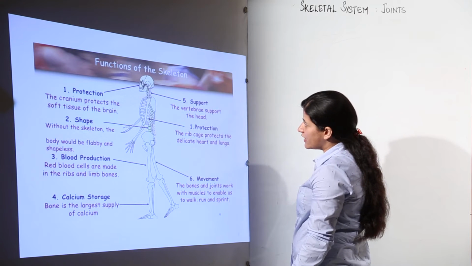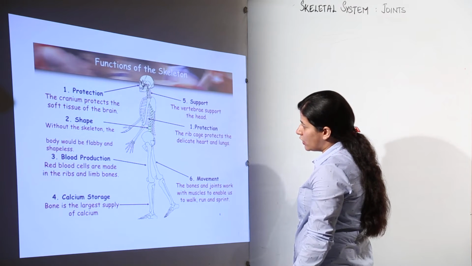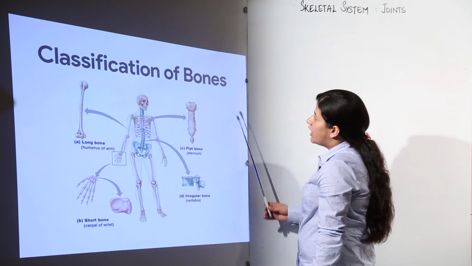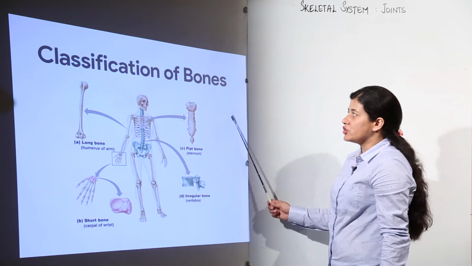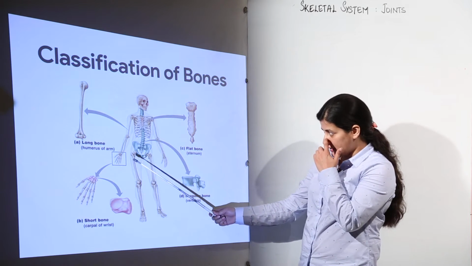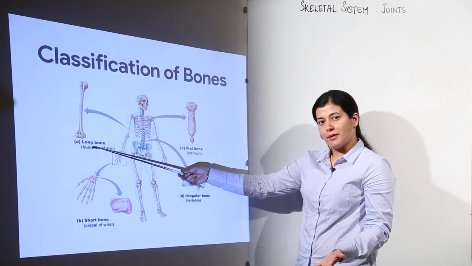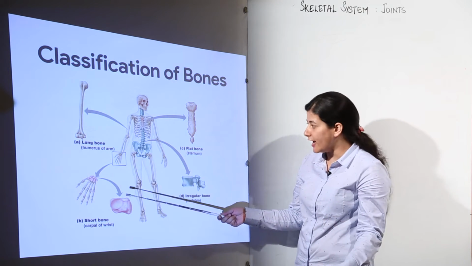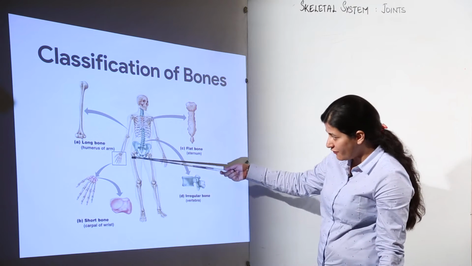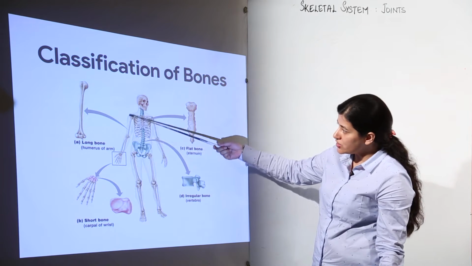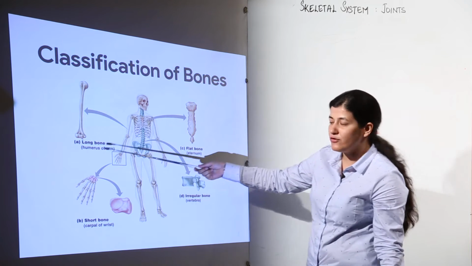Now because we are confined to the understanding of bones, the next thing that we have in our topic is the classification of bones. How many types of bones are there? There are 4 types of bones, as you can see over here. One is long bones. Take the example of your thigh bone. The longest bone in your body is that present in your thigh, that is known as the femur. They have given the example of the humerus, that is this bone which is the long bone of your arm. So we have long bones.